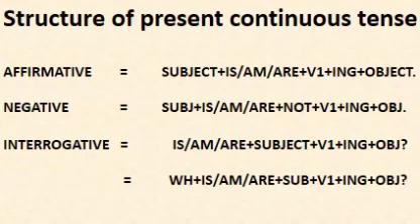There are basically three types of sentences: affirmative, negative, interrogative. Affirmative means positive sentences. Negative means when we say no in the sentence. Interrogative means the sentence is asking a question. So now we will learn